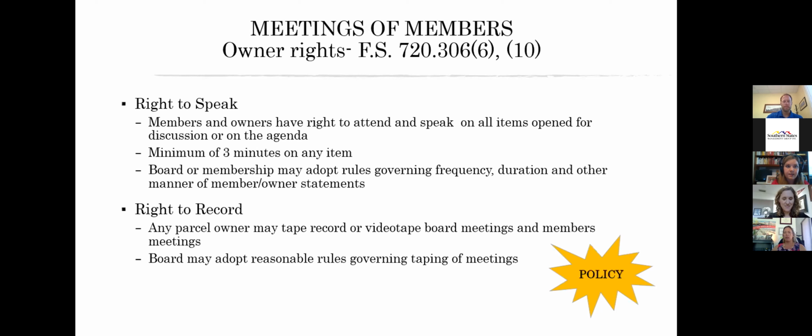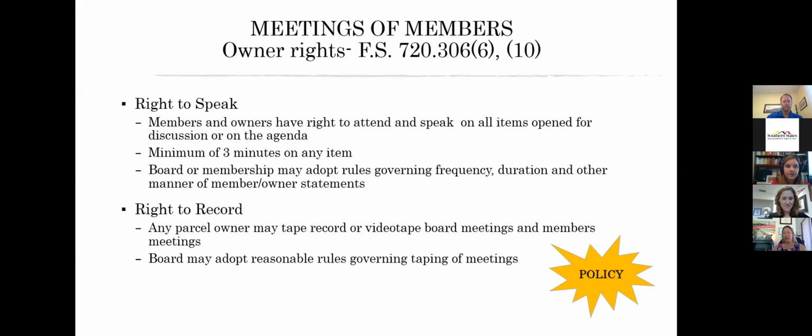And importantly, if your association doesn't have a policy regarding the right to speak on agenda items at meetings, be sure that you do so at a time when it won't be perceived as being directed at what I like to call an active owner.